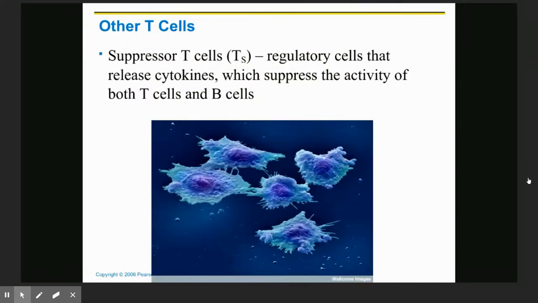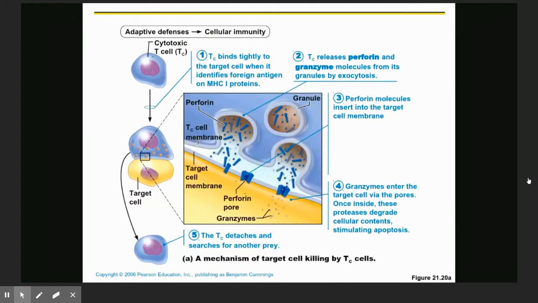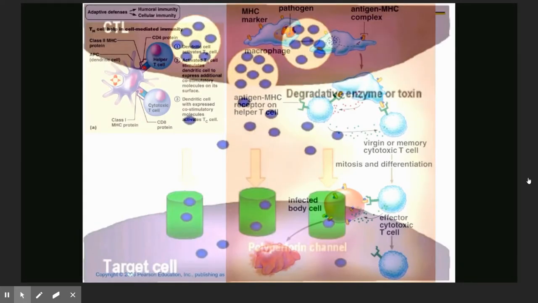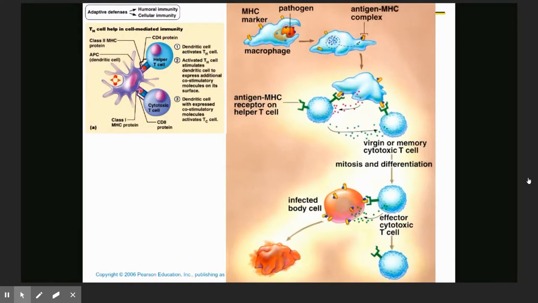So look, at some point, we're going to get rid of the antigen. So remember B cells? They're going to go through that whole process. We're going to make a ton of antibodies. The antibodies are going to float around, and the antibodies are going to get rid of free antigen. In other words, all the antigen that's floating around in your blood or your body fluids, these antibodies are going